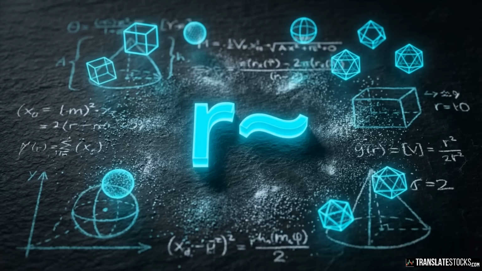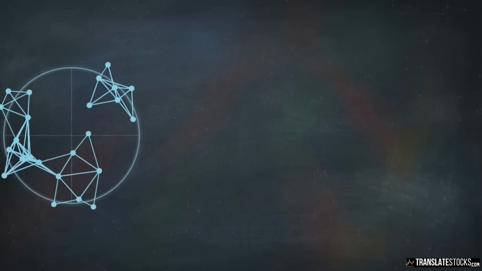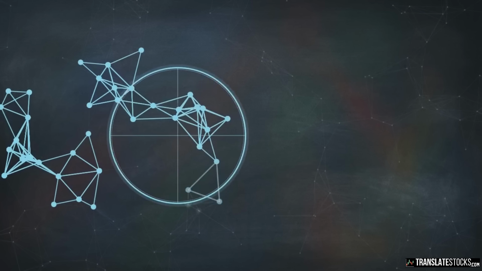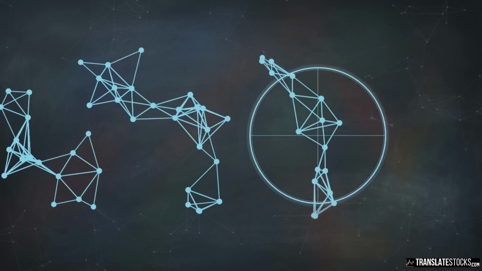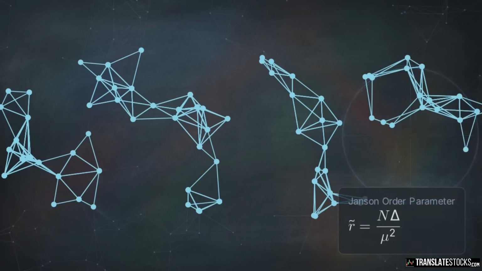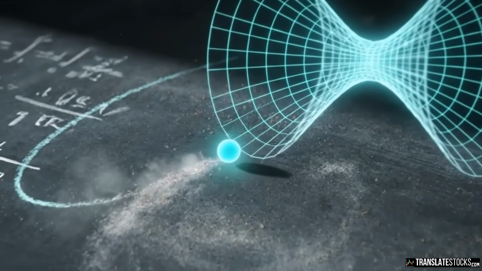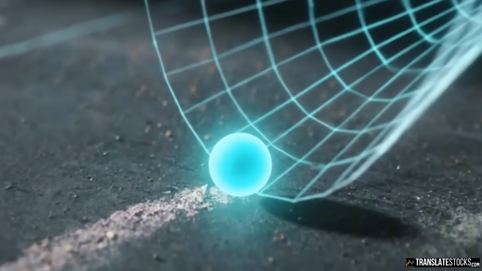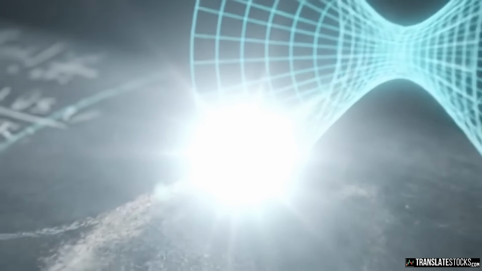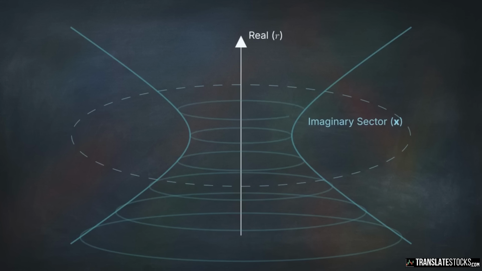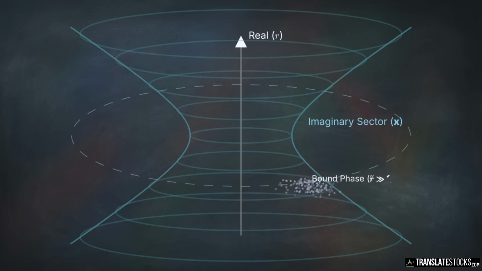We measure the position of the system using the Janson order parameter, R tilde. The Janson order parameter is a metric used in probability to track the likelihood of small subgraphs within a larger random graph. The Ramsey threshold occurs at the precise geometric moment when the system's order parameter strikes the null cone. This trajectory tracks the renormalization group flow, showing how the system changes across scales. The flow begins in a bound phase of coloring noise.